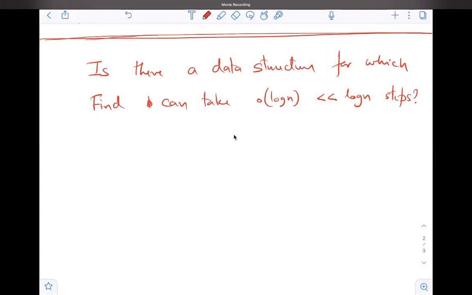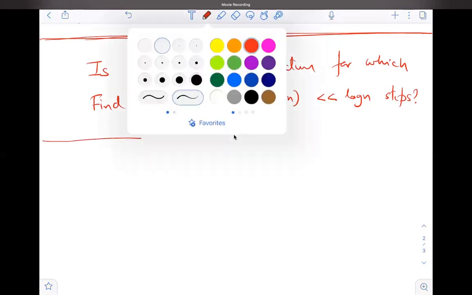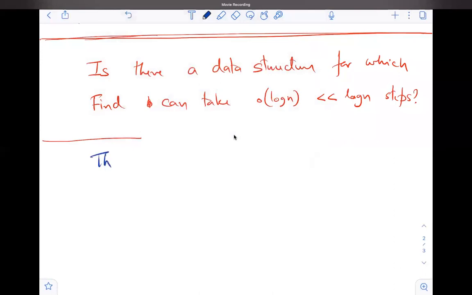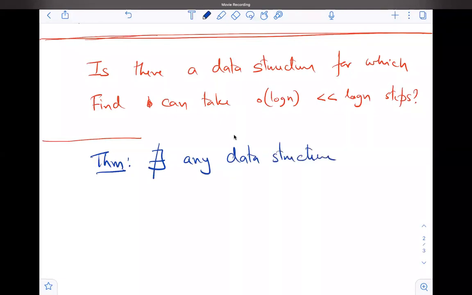So let me give you a proof. This is the first proof of a lower bound that you will see. Let me put it as a theorem: there does not exist any data structure, or any data structure or algorithm, whatever you want to call it,